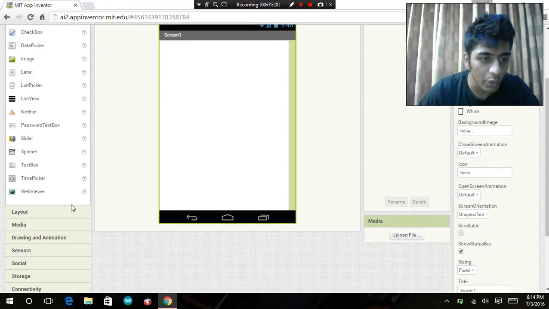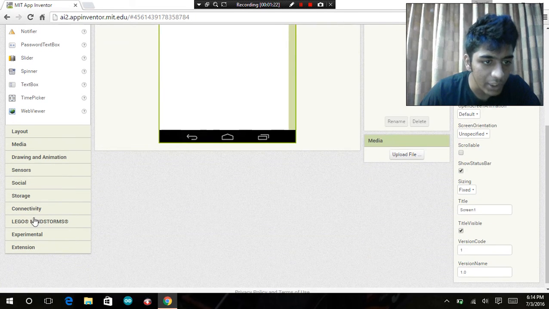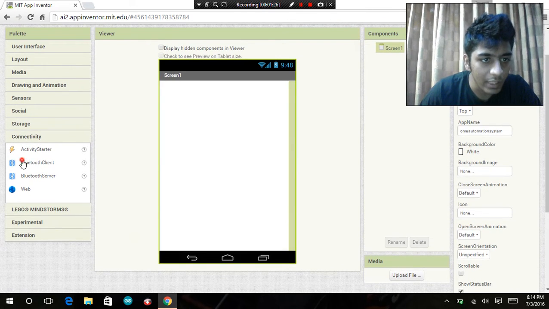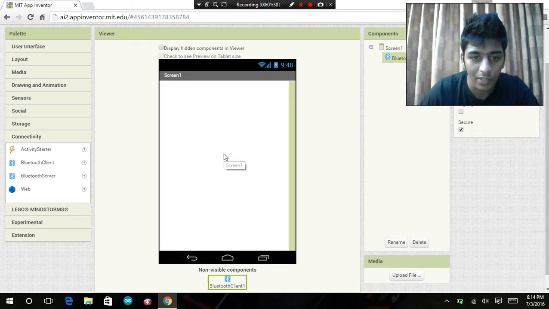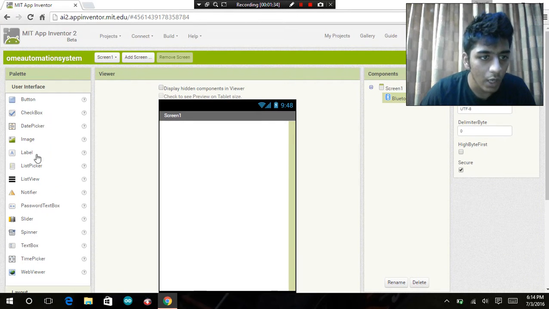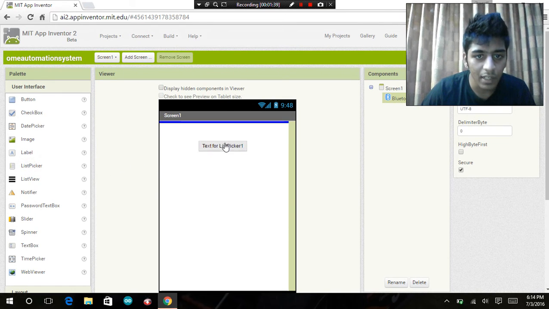So first of all, over here you can see connectivity. You have to select Bluetooth client and just drag it over the screen. That's it. All right, now you have to take a list picker, simply drag it over here.